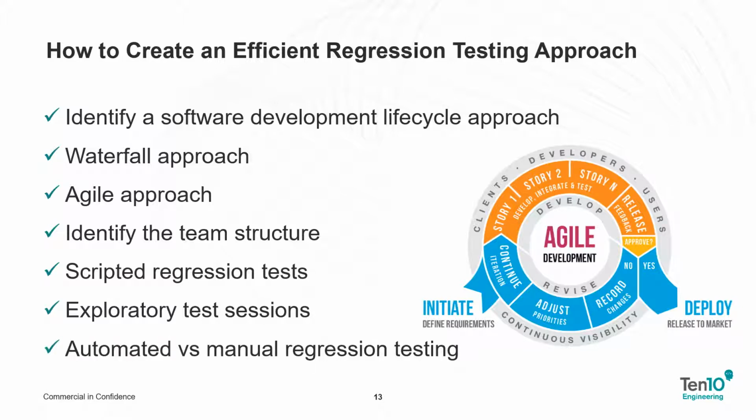Another area is automated versus manual regression testing. As mentioned in some previous slides, regression tests are good candidates for automation. They are executed often and are relatively stable, especially when compared to new test cases. Automating your regression testing suite makes it possible to test overnight and in parallel, and tests can be run automatically for each build of the application under test by a continuous integration server. In short, automating your regression tests enables far greater code coverage at a lower cost than would be possible with